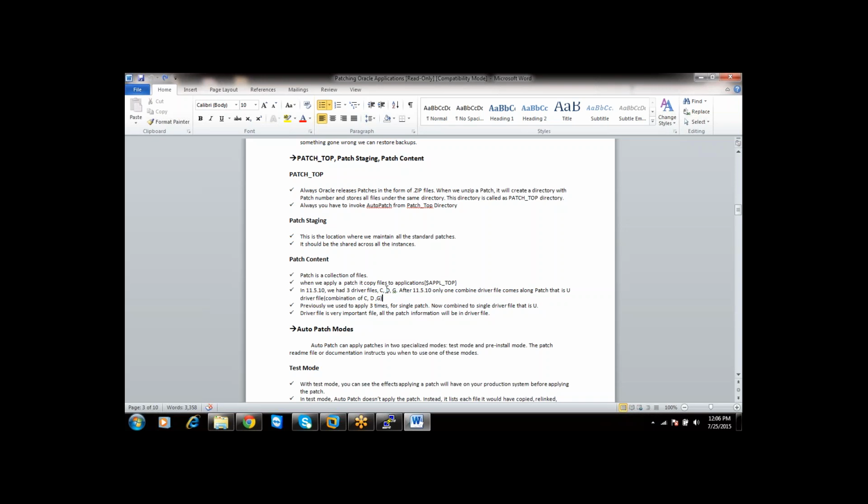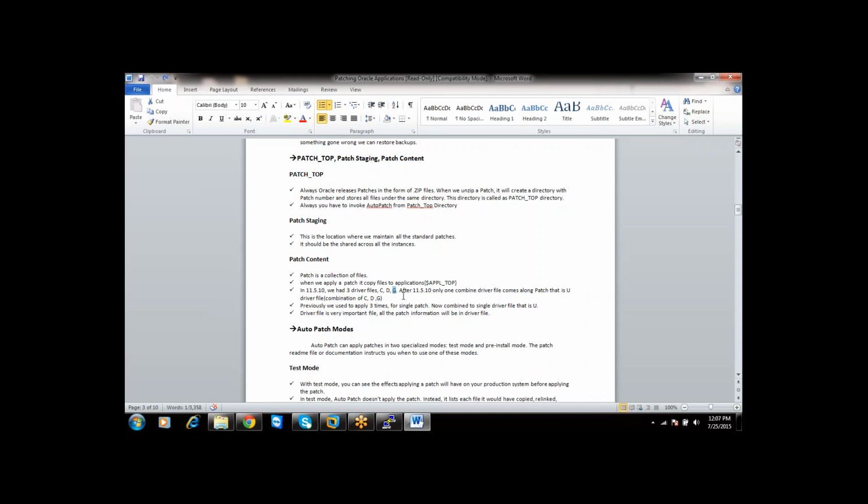Let us assume an SQL file. An SQL file is related to the database, which means you have to execute that SQL file in the database. So it copies the SQL files in the C phase, and in the D phase it performs database-related activities, like executing SQL and PLSQL kind of files. In the G phase, it will generate. If it is bringing a new form file, it will generate that form file. If it is bringing a new template file, it is going to configure the template file. If it is bringing a message file, it is going to generate that message file.